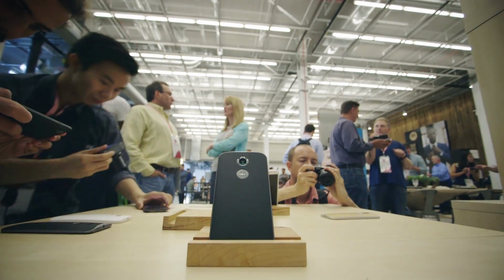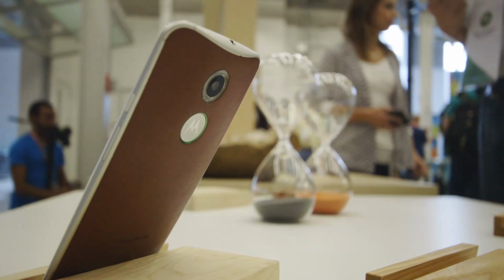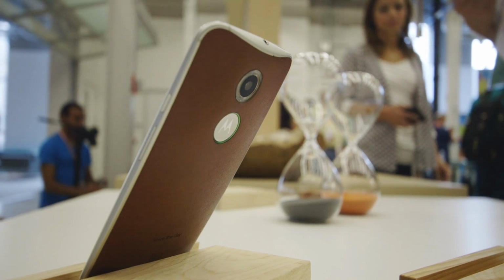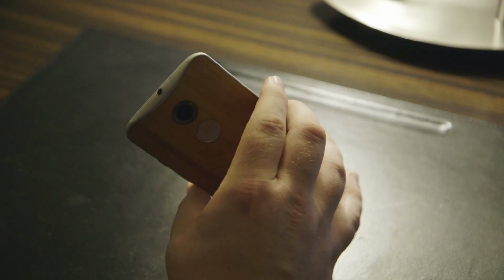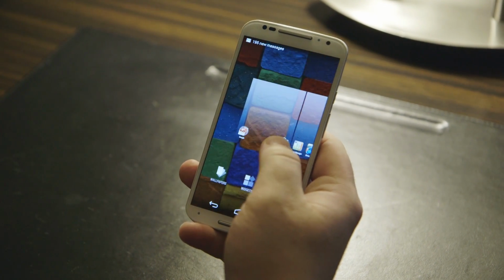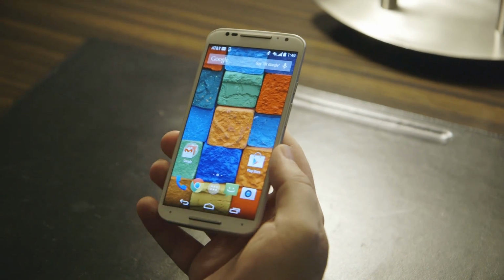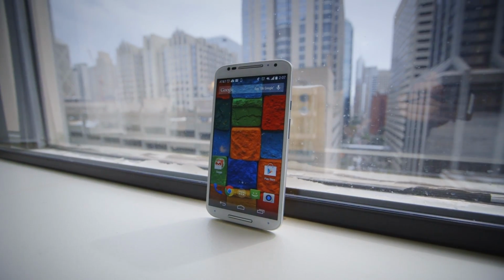Hey, this is Chris from The Verge, and this is the new Moto X. Yes, that's right, just Moto X, not X+1 or 2X or anything like that. It looks a lot like the original Moto X, but it's bigger and better and faster in pretty much every way imaginable. They moved up from a 4.7 to a 5.2 inch display, and it goes from 720p to 1080p